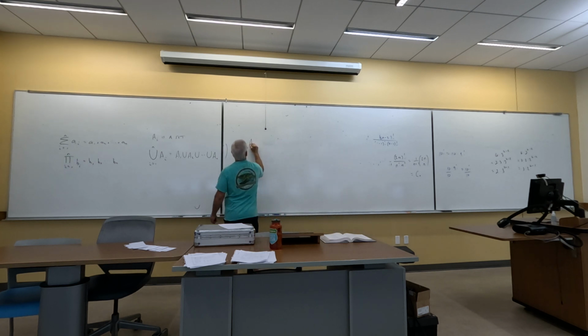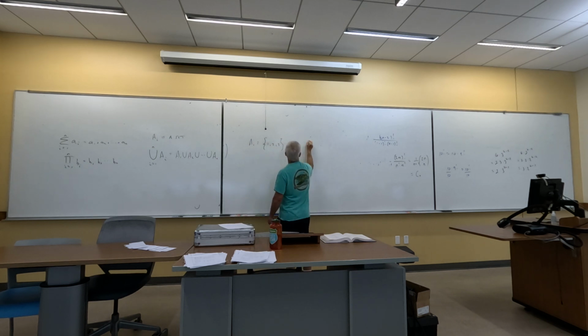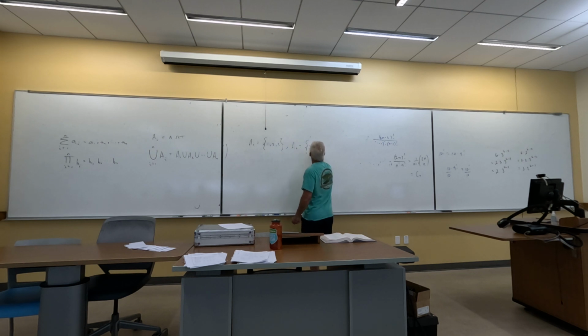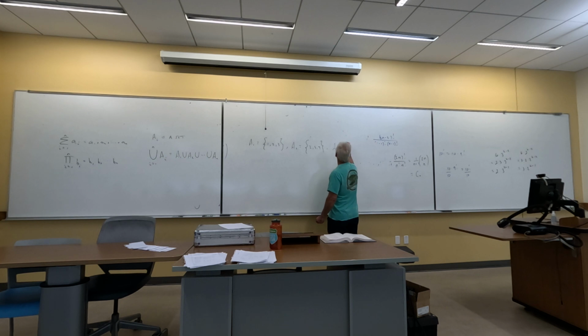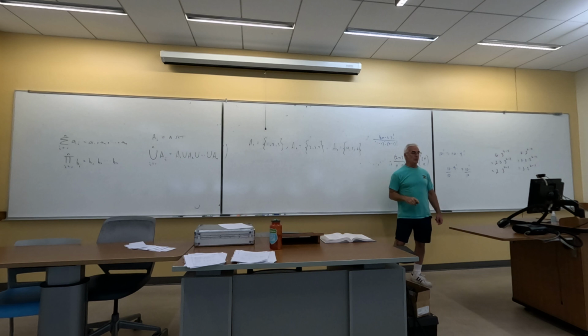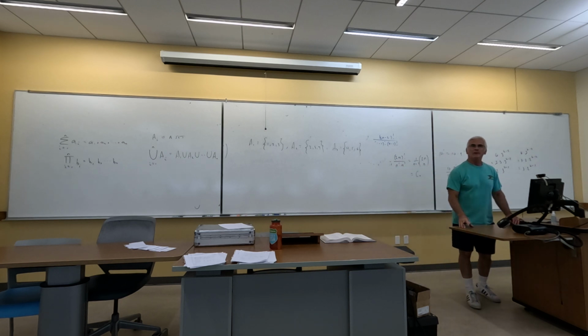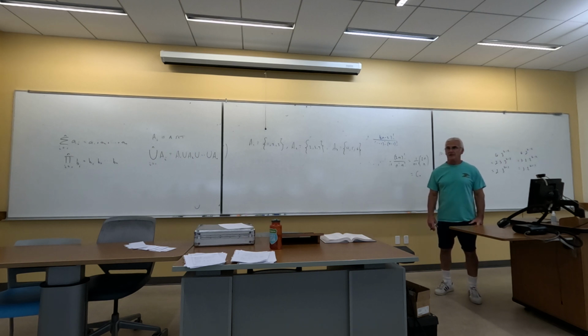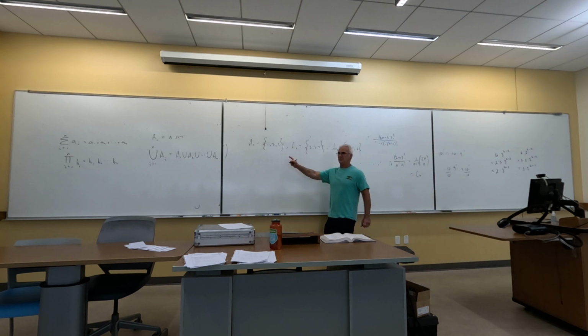Let's define A1 as the set {1, 2, 3}. Let's define A2 as the set {2, 3, 4}. And let's define A3 as the set {4, 5, 6}. The notation is important here. There's a tendency to just be kind of lax on notation. You know, some people will use brackets or parentheses or something else. Well, that actually means something very different. If I put parentheses around 1, 2, 3,